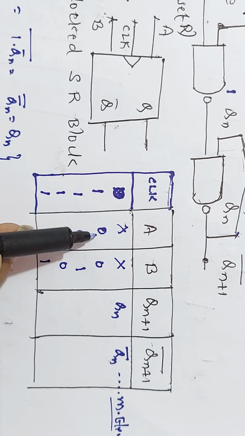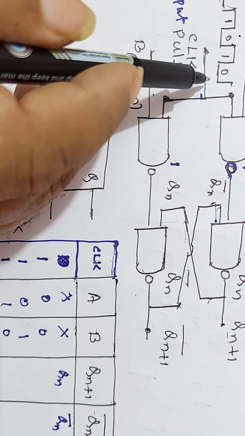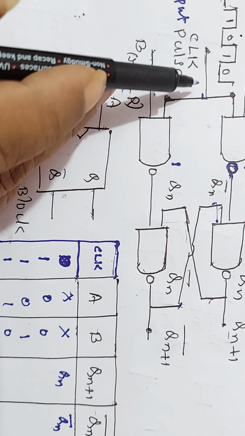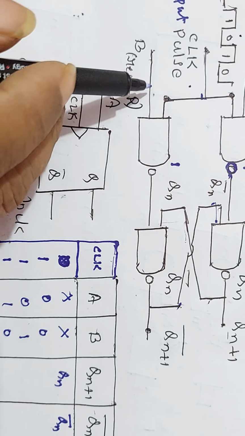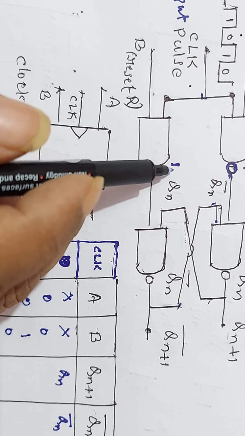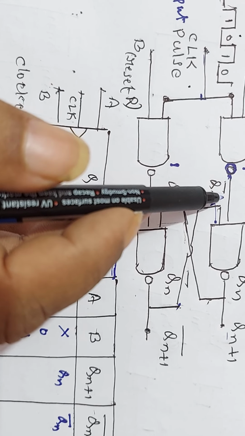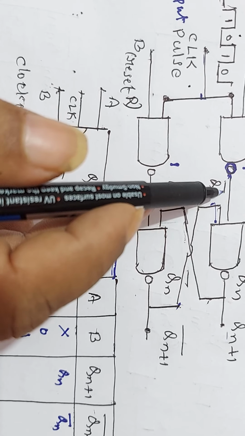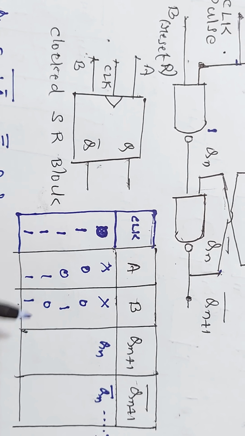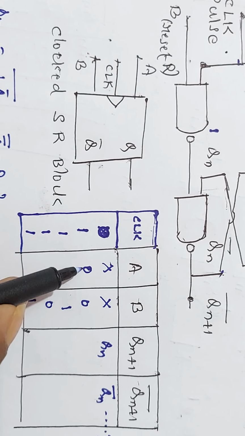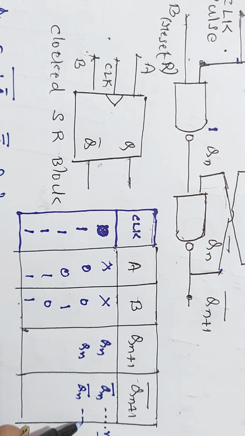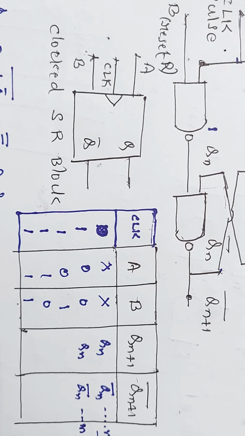Now let us consider this case 0, 0 and 1. When clock pulse is 1, if the input A is 0, 1 into 0 is 0, complementary 1. Again when the clock pulse is 1, but input B is 0, 1 into 0 is 0, complementary 1. Since 1 and 1 are the outputs of these two gates, 1 into Qn bar and 1 into Qn, the output remains in the previous state. Therefore, even with the clock pulse, when inputs A equals 0, B equals 0, outputs are Qn and Qn bar. Therefore, it acts like a memory element.